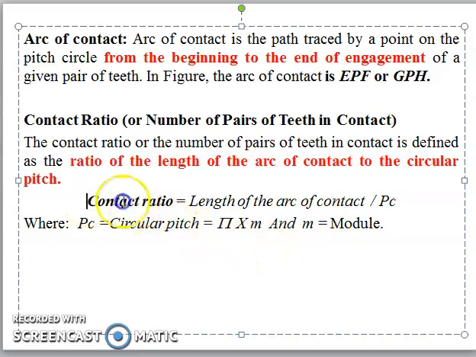Simple: CR, the contact ratio, is equal to length of arc of contact divided by PC, where PC is equal to circular pitch, that is pi into m, where m is module and pi is constant. Contact ratio, because in some question papers they ask to calculate the contact ratio or calculate the module also. So by using this formula we can calculate the contact ratio as well as you can calculate